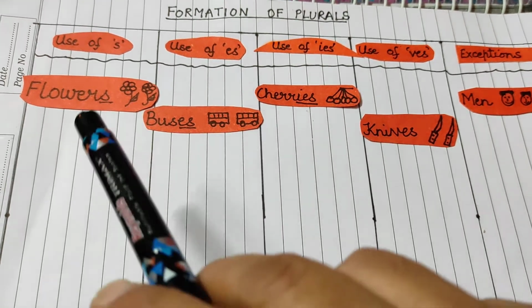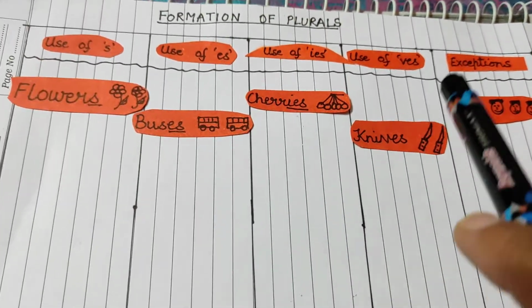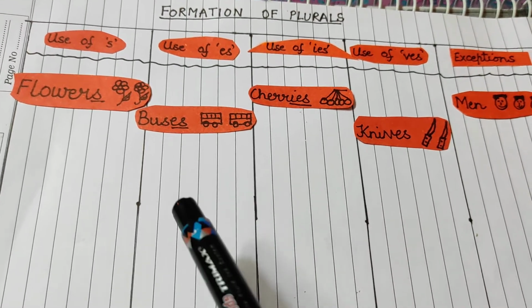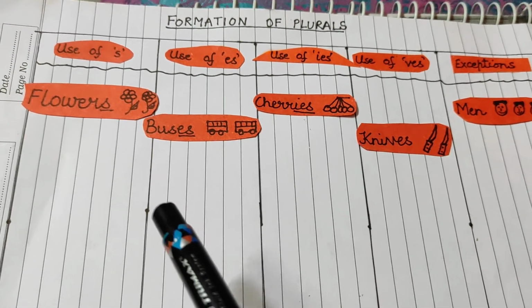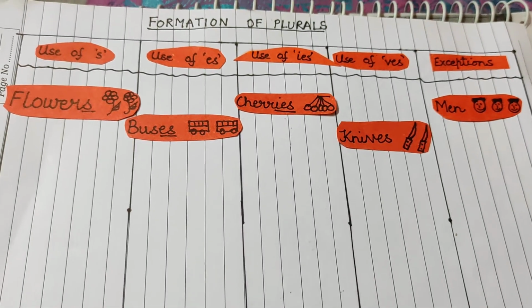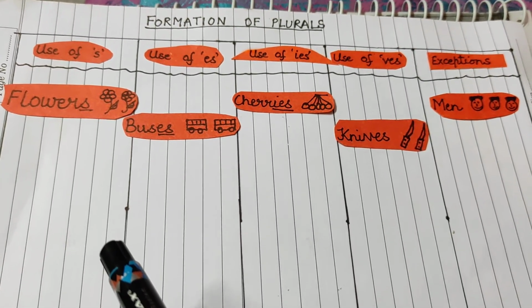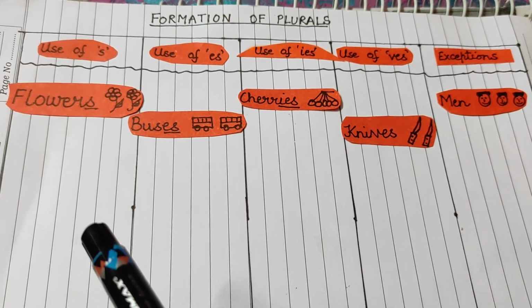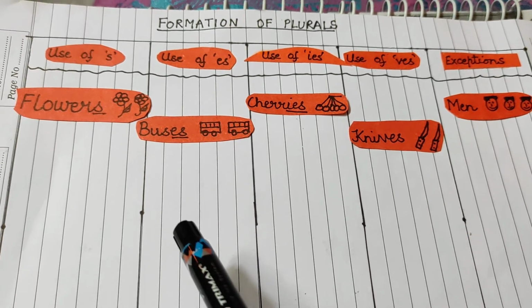Again, I would like to tell you, instead of using the same colored strip, you can use different colored strips also. And for doing this activity, you can use your green files also, because in your green files in which we are doing some other English activities also, you can do this activity in that file also, where you can use the plain pages for dividing into columns.